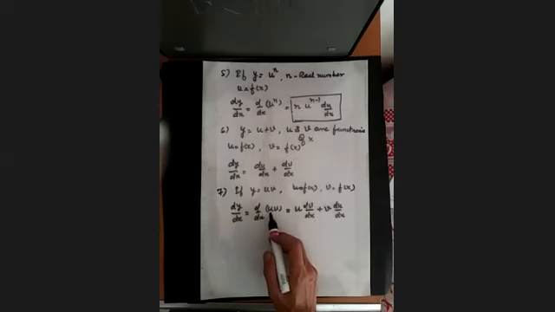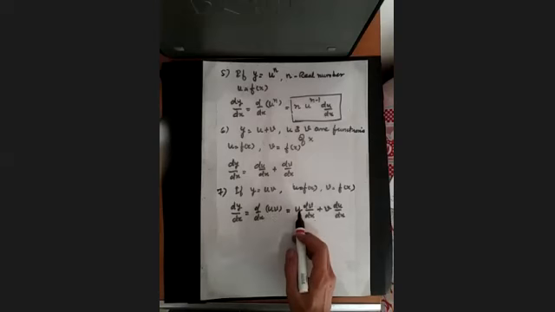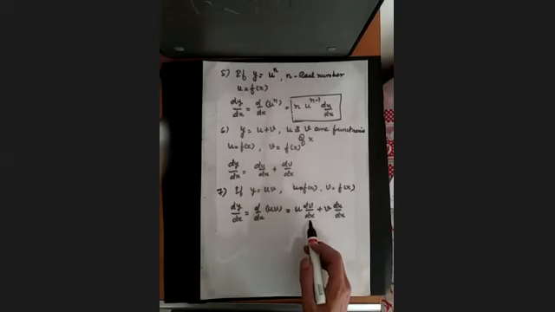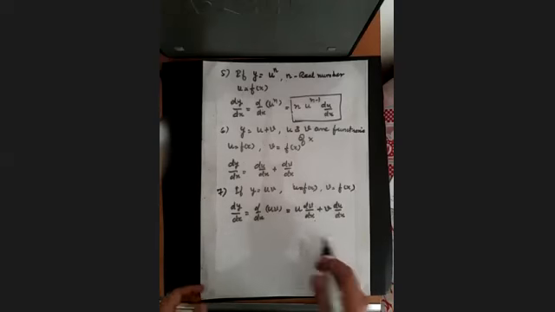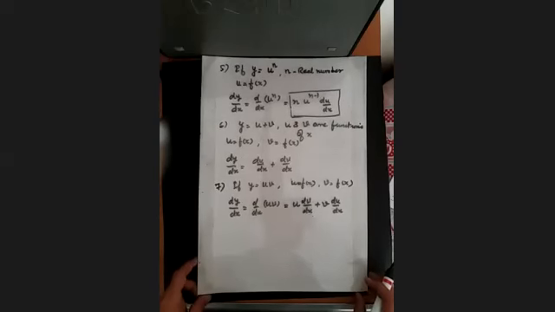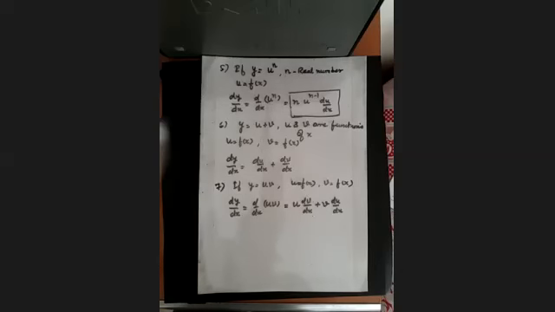Differentiation of u and v with respect to x is given by u differentiation of v with respect to x plus v differentiation of u with respect to x. This will become much more clear when we start discussing examples on this. Okay, so for the time being, we'll just go through the formulae and then we'll discuss the examples and it will become very, very clear.